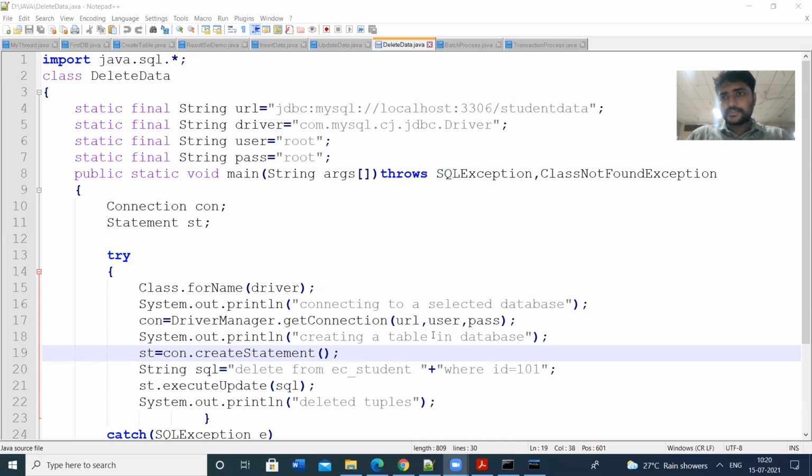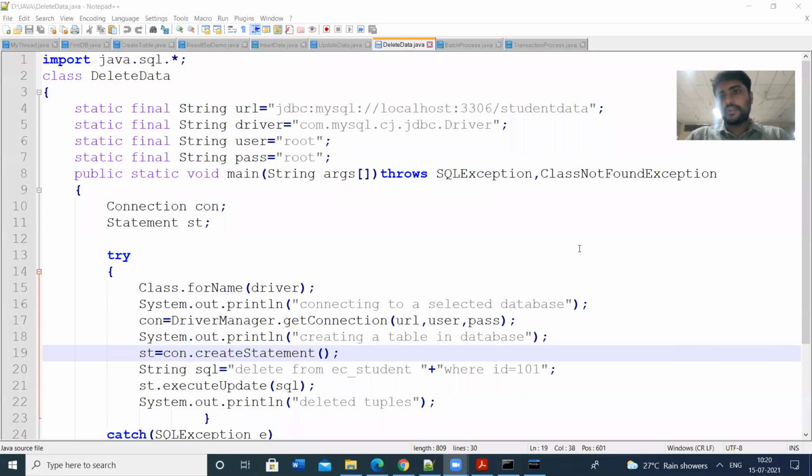So in the previous classes, we have discussed database connectivity. In order to connect to the database through a Java program, we need a JDBC driver. Each database has its own JDBC driver. MySQL has its own JDBC driver and Oracle has its own JDBC driver. Depending upon the database you are using, you have to download the respective JDBC driver.